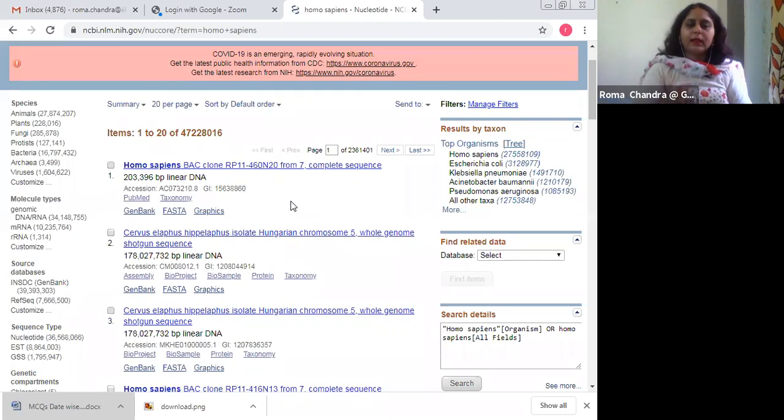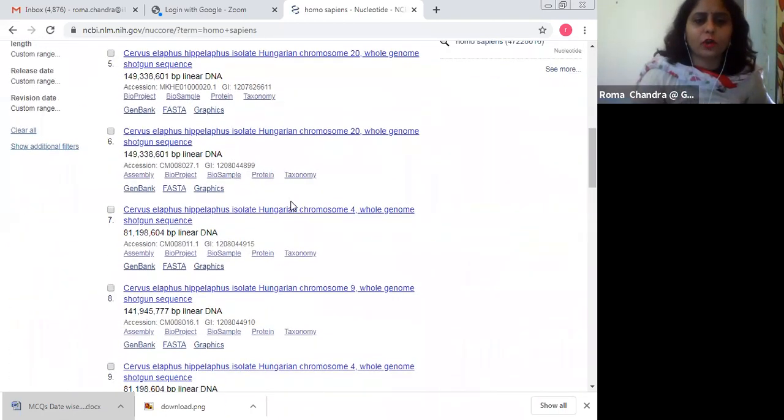It doesn't mean that all the sequences which you are seeing on this page are of Homo sapiens, but somehow they are related to Homo sapiens. The work must be on Homo sapiens, depending on any kind of bacterial disease or any sort of disease, and the gene of any other microorganism which was affecting Homo sapiens. So the term Homo sapiens is there in the research article or in the summation. Based on that, we have got this page.